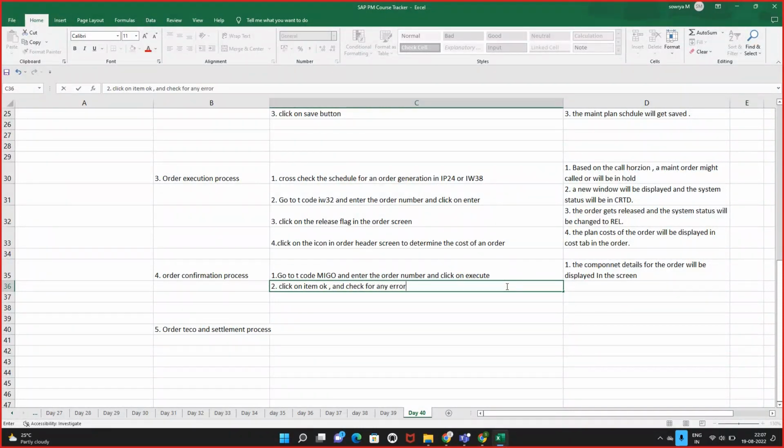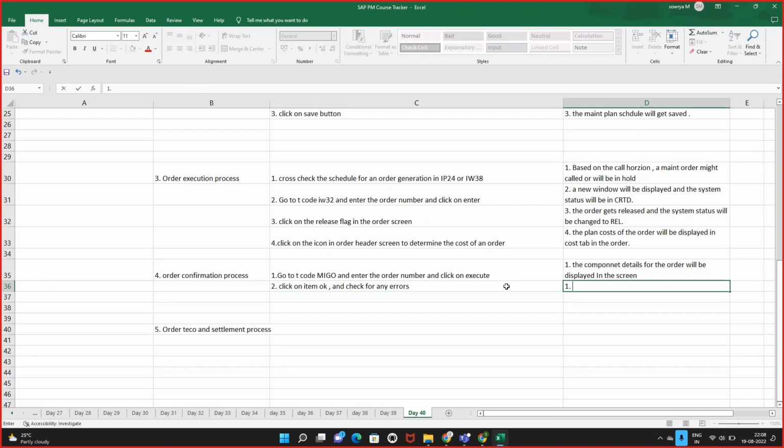And what will happen? The pop-up will be displayed. Correct. Exactly. A pop-up will be displayed saying that item dash item. Okay, if all